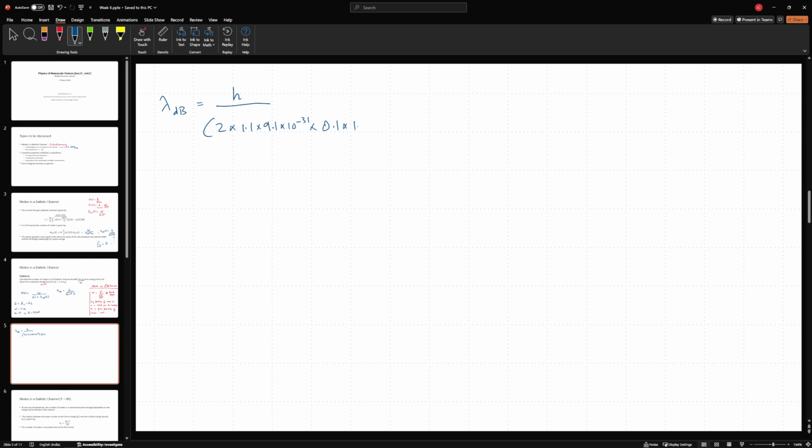So that is going to be 1.609 into 10 to the power minus 19 coulombs. So all of this will come out to be